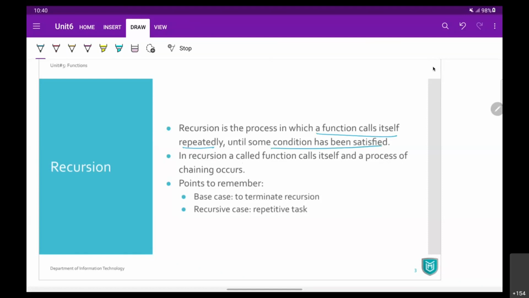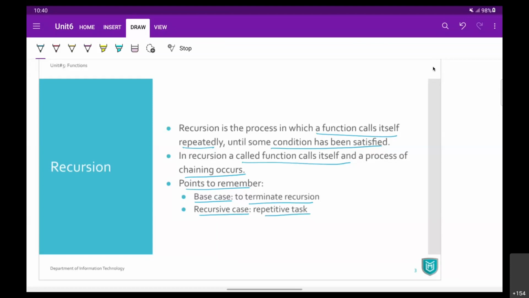In recursion, a function calls itself and a chaining process occurs. We have to terminate that chain, and for that we need to remember two cases, a base case and a recursive case. A recursive case is something that you want to perform repeatedly, the repetitive task. But when you are going to terminate the recursion, that is your base case, the termination condition. Based on that condition, you terminate your recursion.